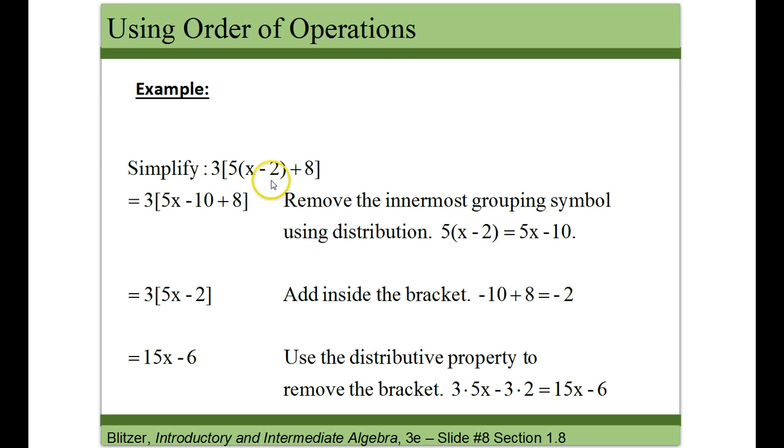That is as simplified as it's going to get because x and 2 are not like terms. We can't combine x and 2 at all. That expression on the inside is already simplified. What we can do first is use the distributive property to perform the multiplication that is being applied right here,